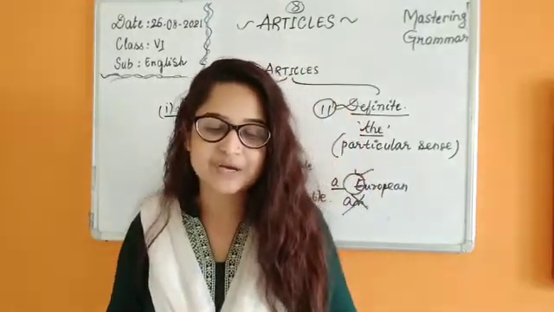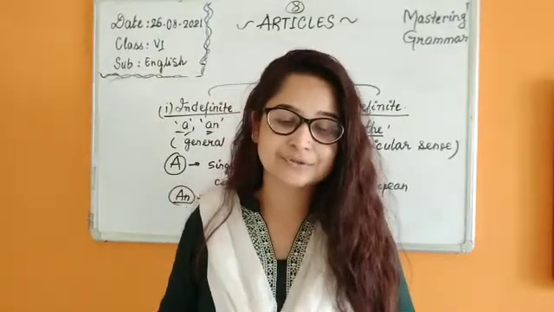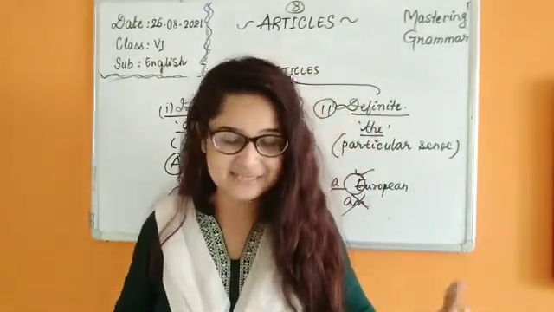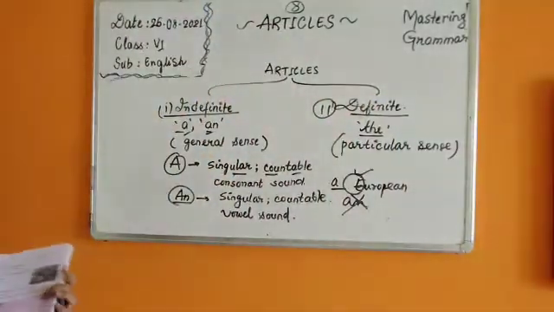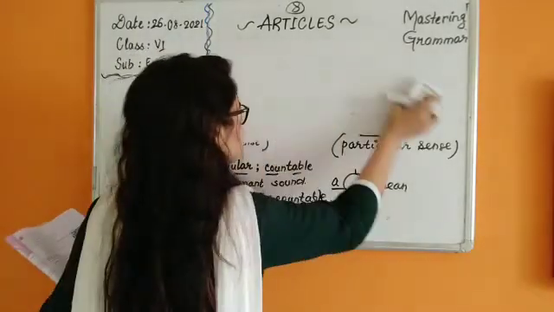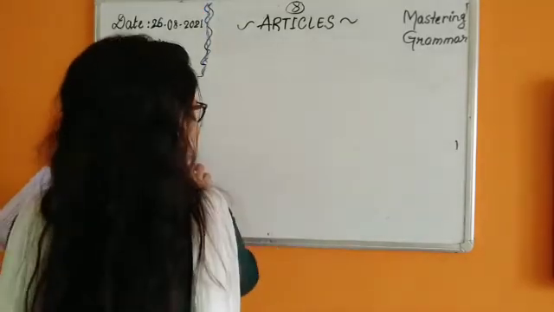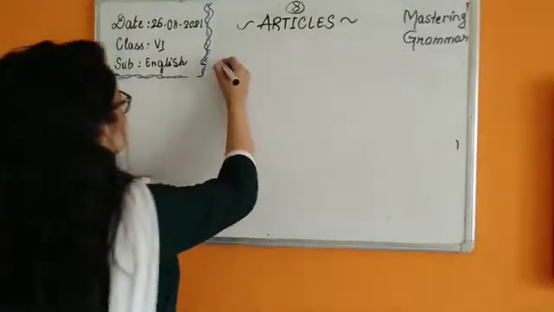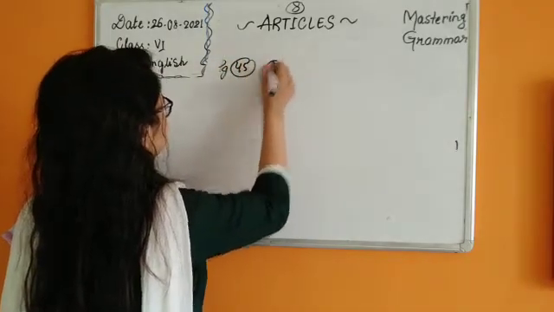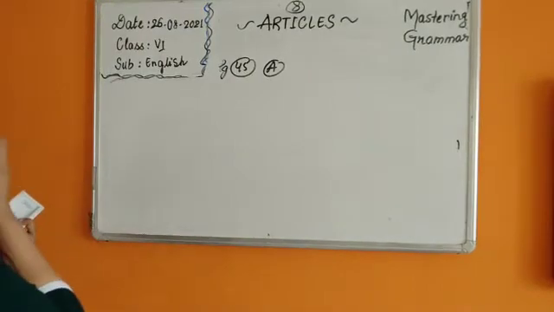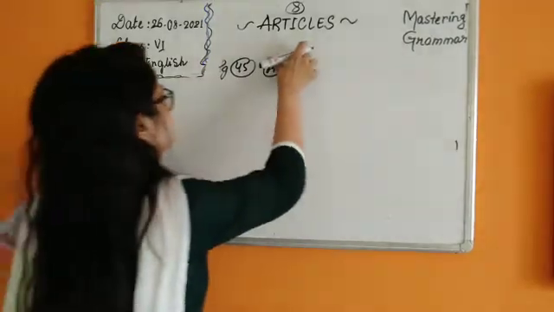Fill in the blanks with the correct article. Now we have our first exercise to do. So we have these articles given as choices. We are to choose the correct option and fill it. The first exercise, children, is on page number 45. We can do it. Now let's finish this exercise. Page 45, exercise A. I will be writing the answers only, children. Please write the question as well.